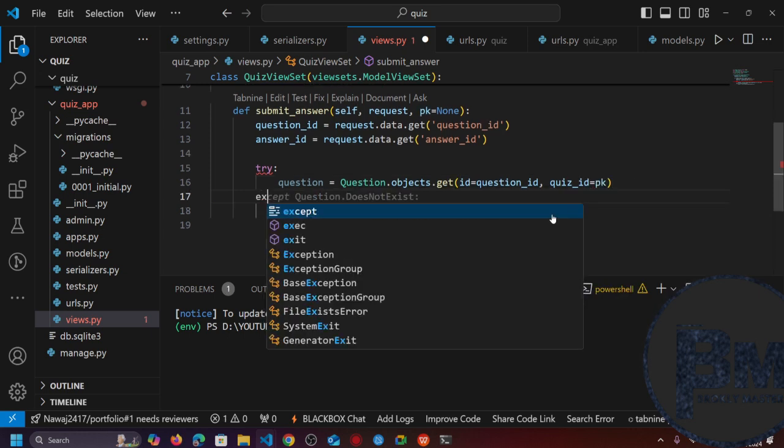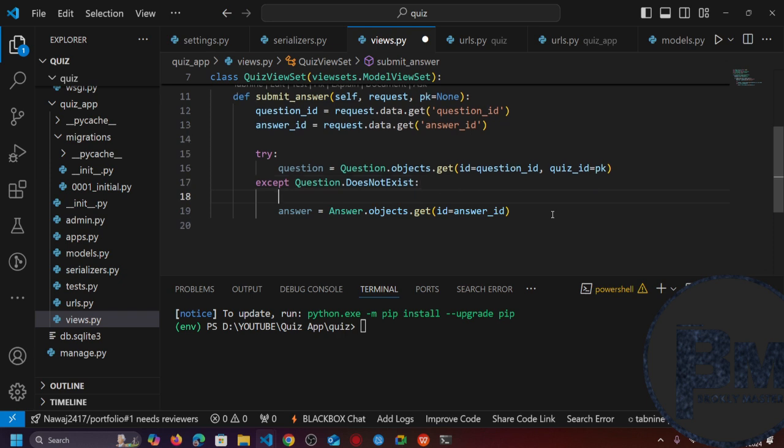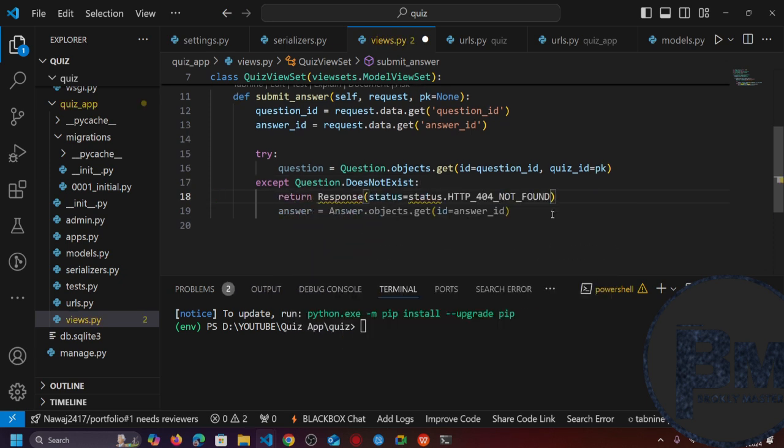And after that, we also need to define except: if the question does not exist, then it will return a response with status 404 not found, or simply we can write the message here. Okay, let's define it here: error, question does not exist,